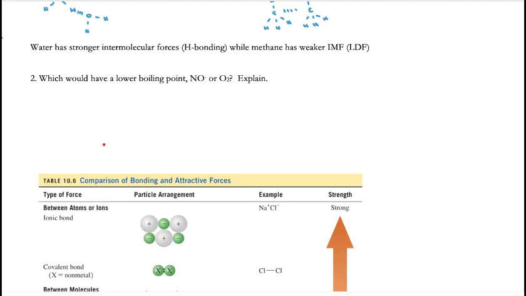All right, which would have a lower boiling point? All right, so NO minus, the first thing I have to do is draw the Lewis structure. So NO minus, when I draw it, nitrogen has 5 valence electrons, oxygen has 6, but it's got a minus charge here, so it's got a total of 12 valence electrons. When I draw this, I'm using too many valence electrons, and so what that tells me is I'm going to need to use a double bond,